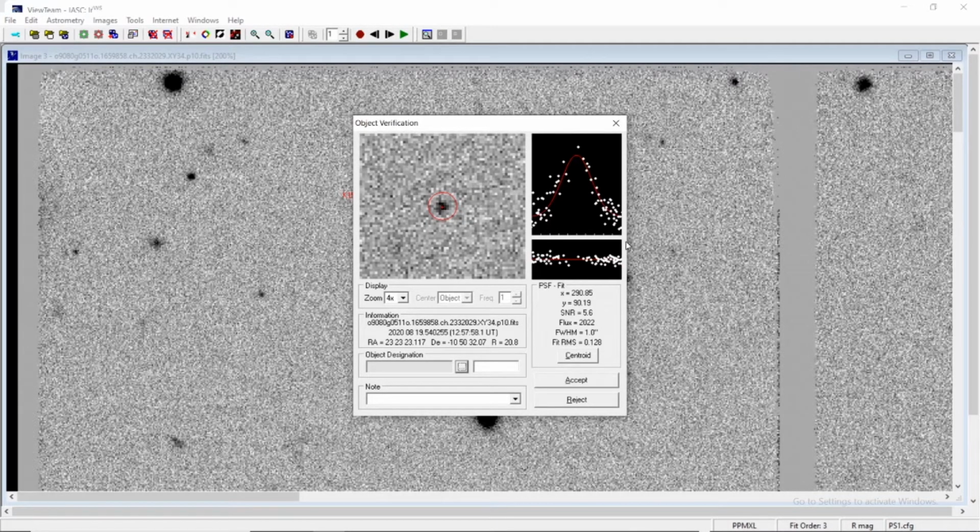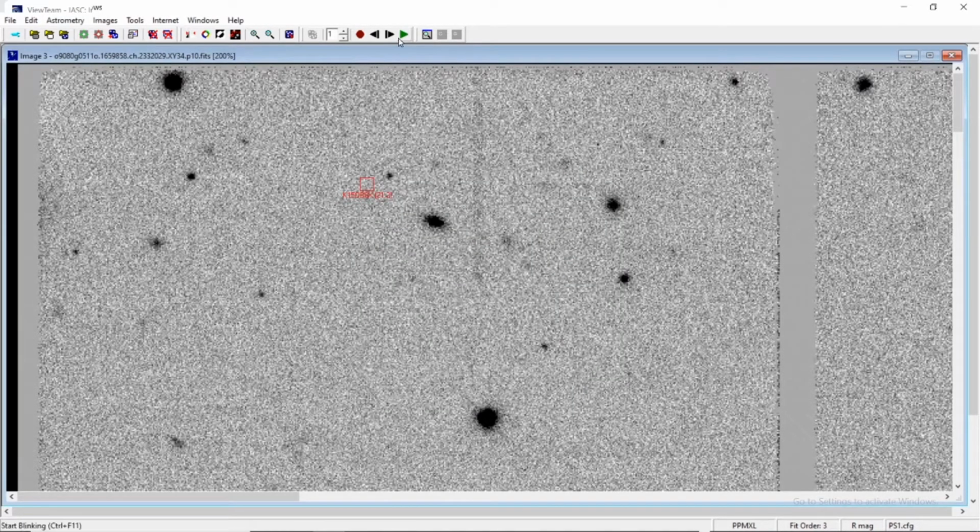Now the graph has become a bit broad, but still it is very well okay. SNR is 5.6, verifiably okay, very well above 5, acceptable. R value is 20.8. The minimum value that we have encountered up till now is 20.2. If I remember, R cap maximum value is 20.8. Still it is in the variation limit.